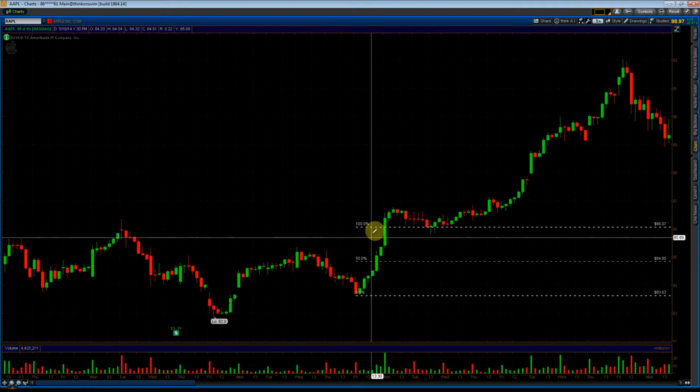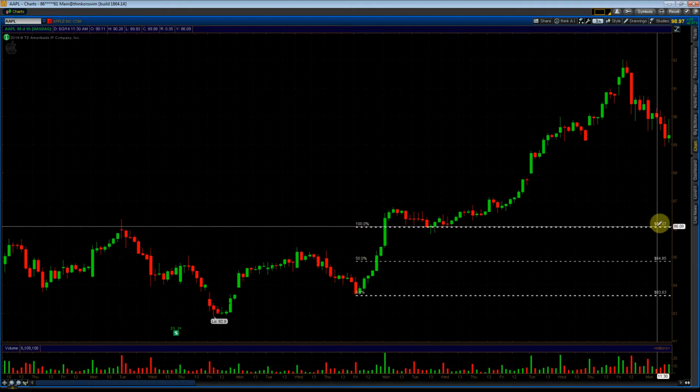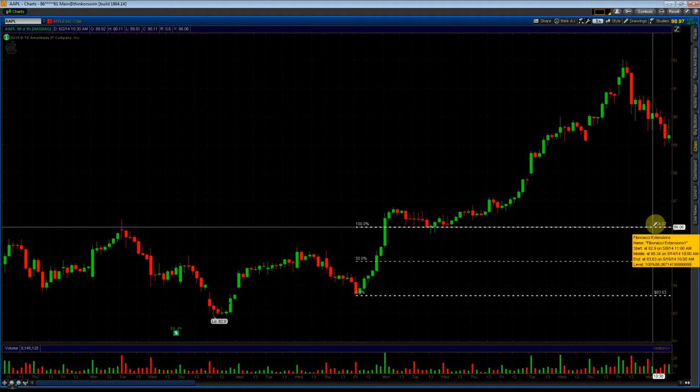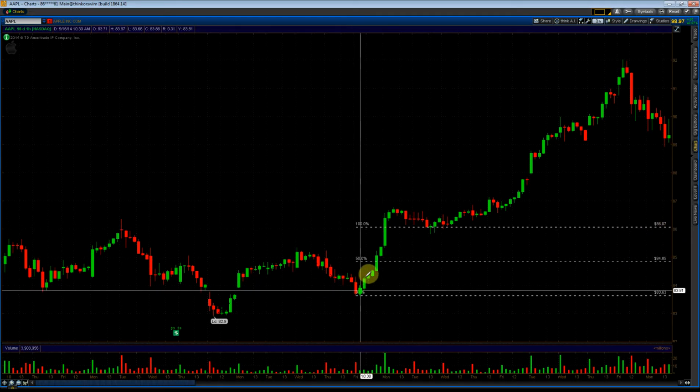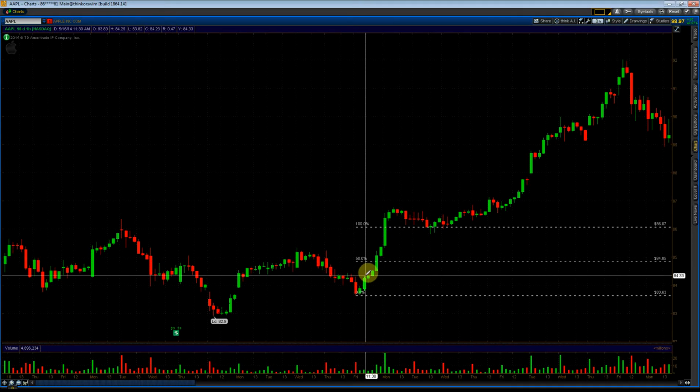We want a strike that would go in the money. So this price is 86.07. We would need something where, at 86.07, the strike price would be below it, okay? So as we make this trade in this entry, what we're going to watch for, and you're going to see,